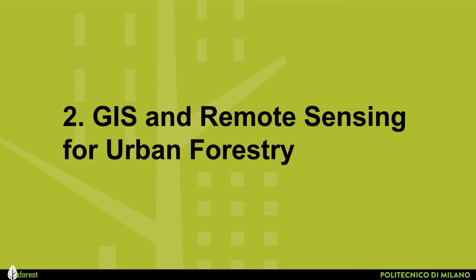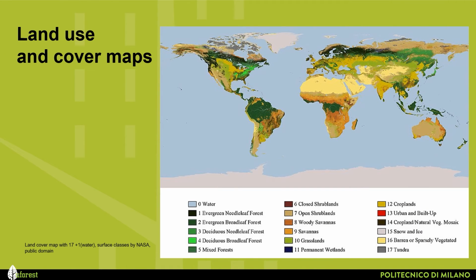Now let's see some GIS and remote sensing tools and methods specifically useful for urban forestry. The first are land use and land cover maps, which are categorical maps, often in raster format, resulting from image photo interpretation or satellite image classification. They represent spatial information on different classes or types of physical coverage on the Earth's surface, for example, forests, grasslands, croplands, urban, and other. Land use maps also contain some spatial information on the arrangement, activities, and inputs that people undertake in a certain land cover type to produce, change, or maintain it.